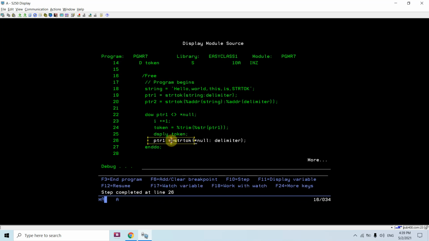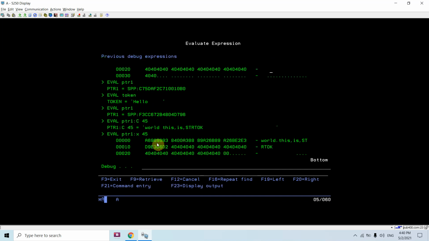Now it will display the token hello. After that I am passing null and the delimiter to return the next string. Left string, colon C. It now becomes 55. You can see now it inserted the null at this address afterward. Let me show you the hex as well. You'll see the hex for this one, and this is null afterward.